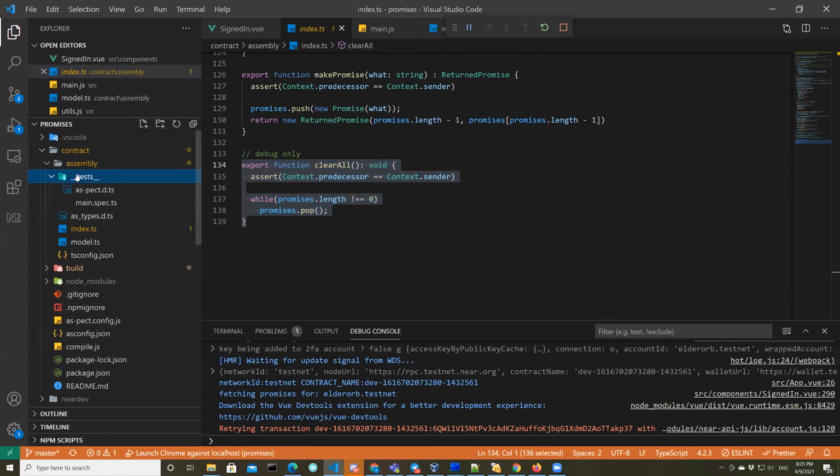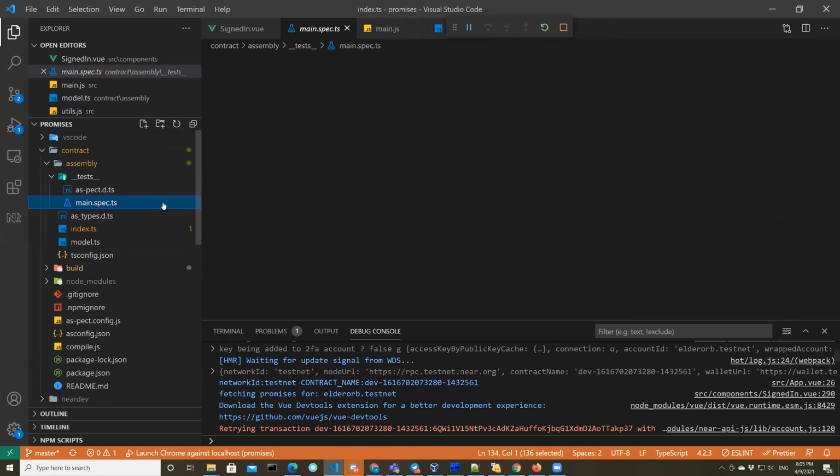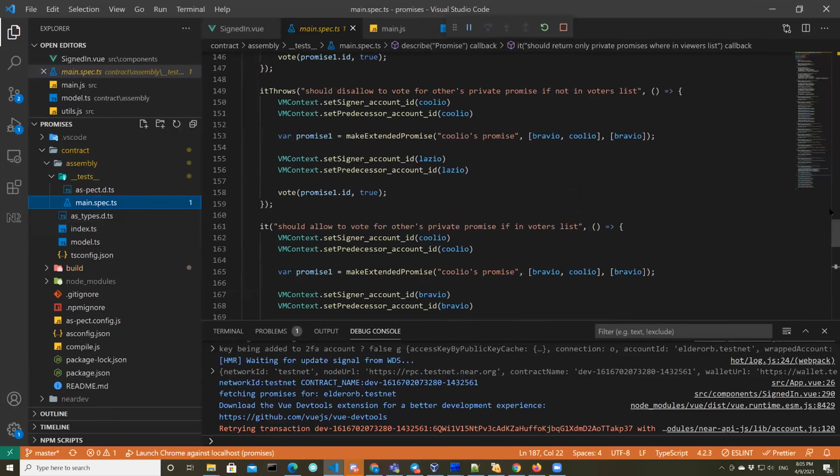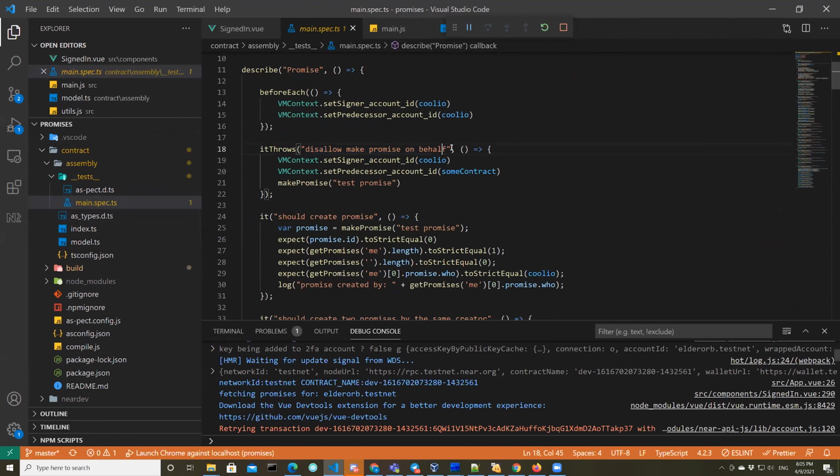Now let's go to tests. I implemented maybe 14 of them. Tests like disallow making a promise on behalf of someone.